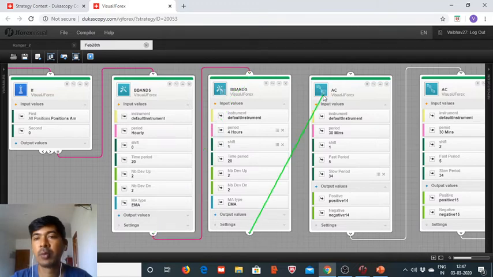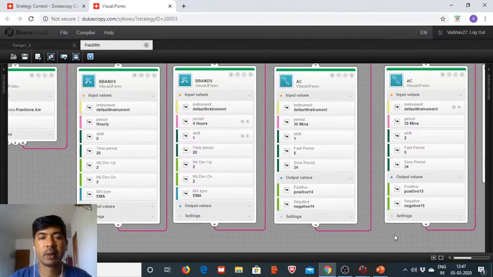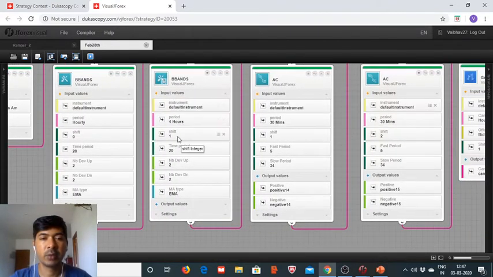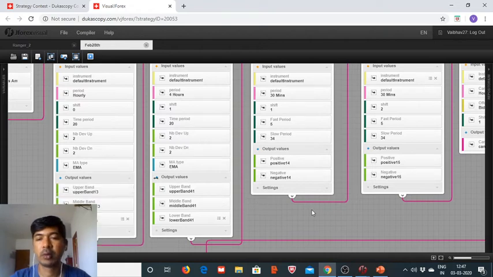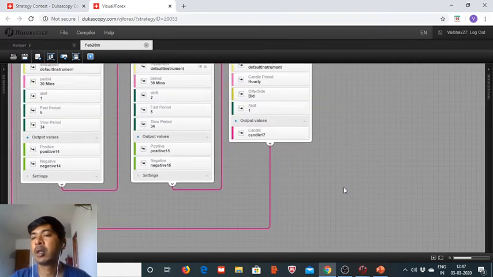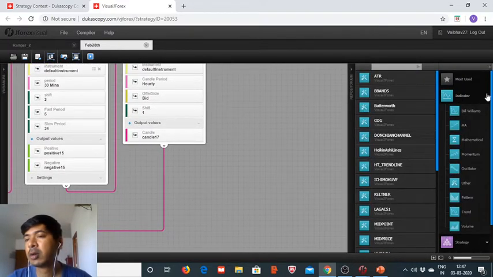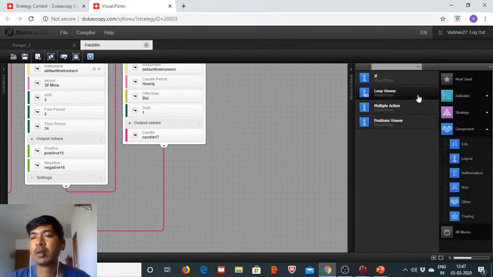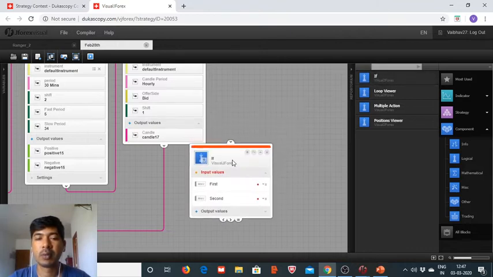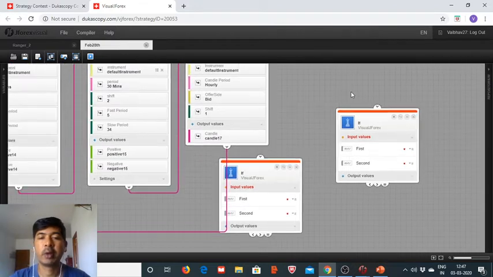So now this is fully functional. Let's check again: 4 hours, shift 1, time period is 20, deviation is 2, and type is EMA, and these are the values: upper band, middle band, and the lower band. Okay. Now we will put in 2 if blocks to make sure that requirements are being followed logically. One we will add on the buy side, one on the sell side,